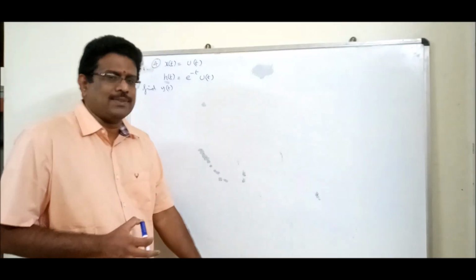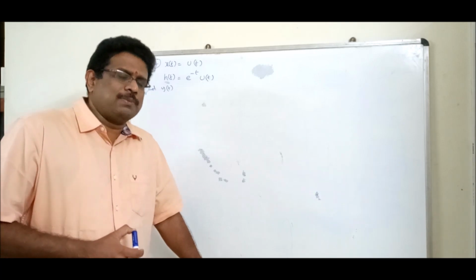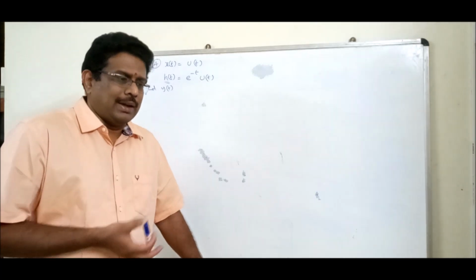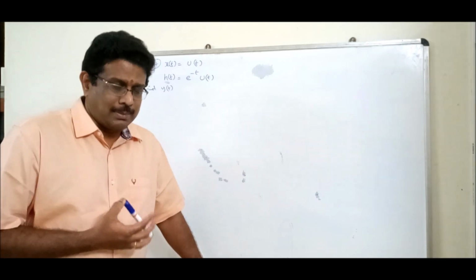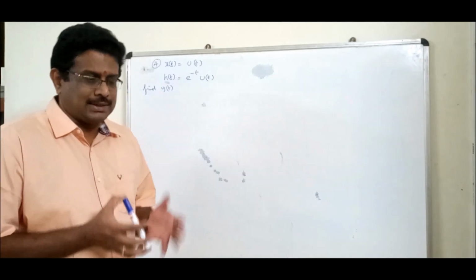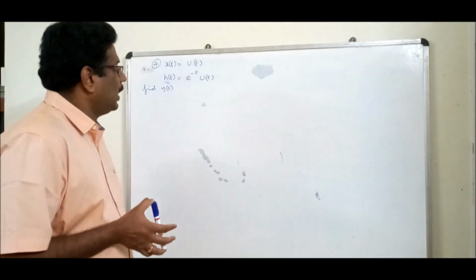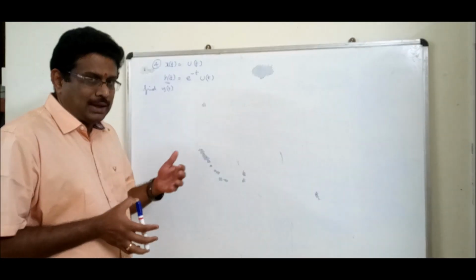In the last sessions we discussed a unit step with a unit step, a unit step with a rectangular signal, and a rectangular with a rectangular signal. But remember, when you do rectangular signals, you should be careful about the width, larger width and smaller width. Now, unit step with the exponential.